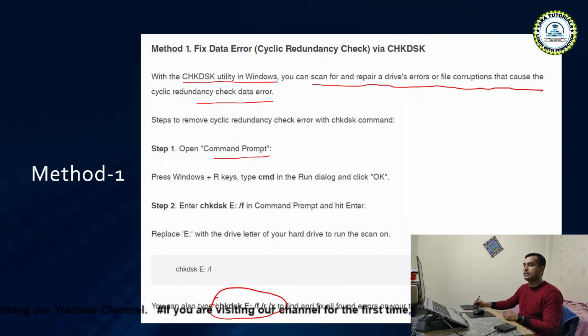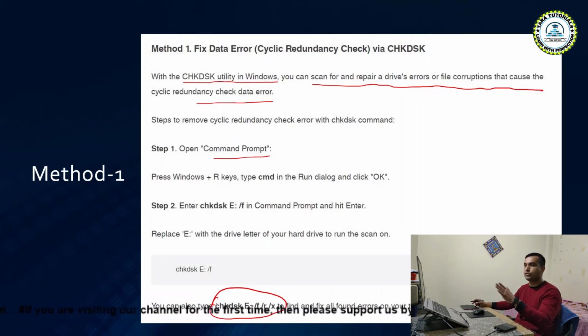So these are the three parameters which you can use with the check disk utility to try to fix the CRC data error. Once this operation completes, you have to reboot the PC and check whether the problem has been solved or not.